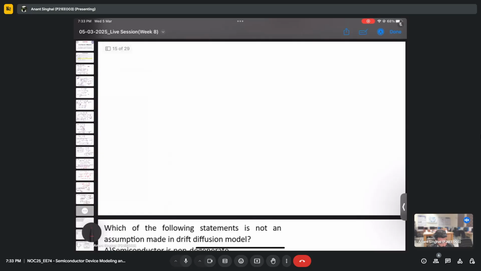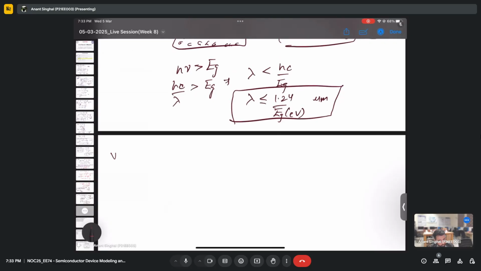So let's say we have a UV light which is getting over this metal plate, and the wavelength for this UV light is given to be, let's say, 700 micrometer. Oh, this is too much. It should be in nanometers. Yeah, something like that. So you need to find the minimum Eg possible